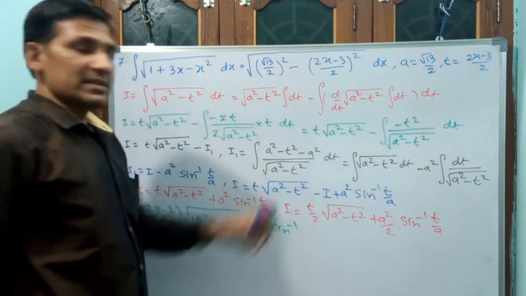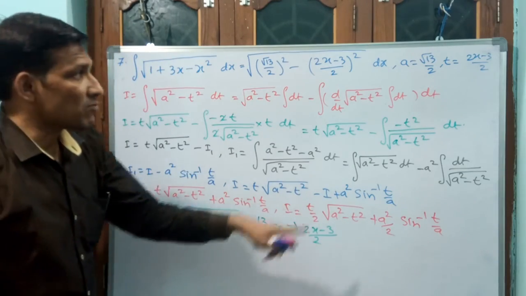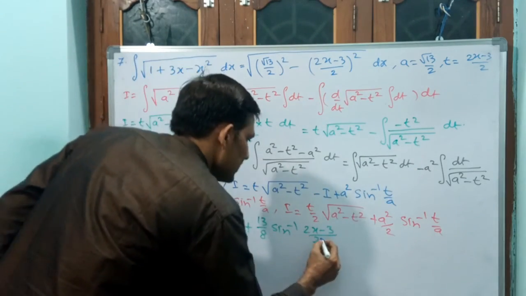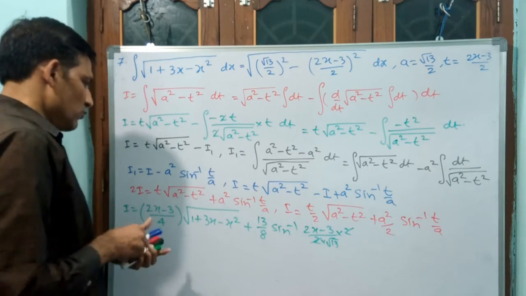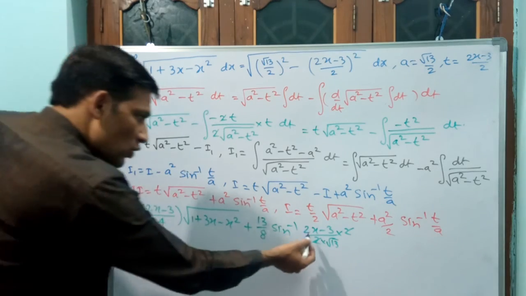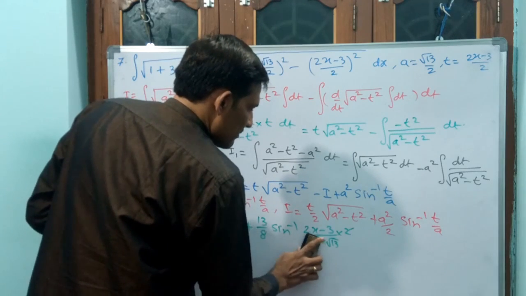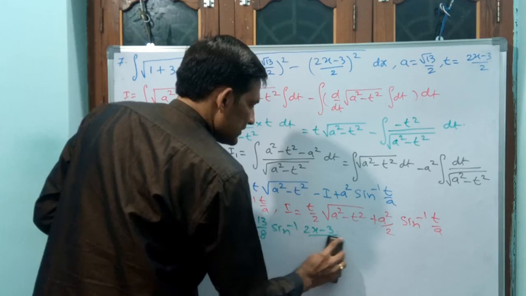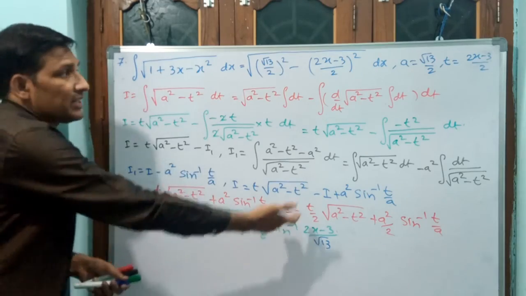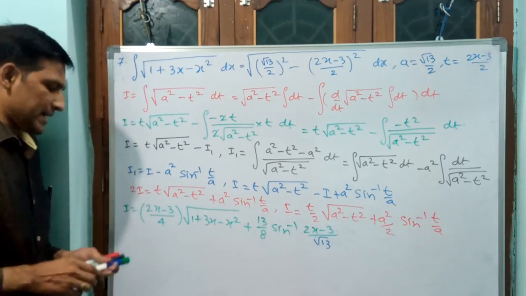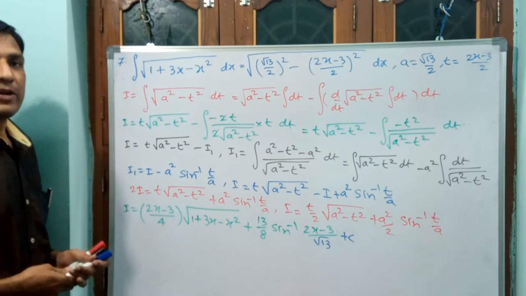T means what? Again 2x minus 3 by 2 divided by a. A means what? Root 13 divided by 2. 2 is going to get cancelled. Into root 13 into 2. 2 is going to get cancelled. Okay? Plus, you see we can write, but let me finalize this. You see here 2x minus 3 by root 13 will come. Or shall I remove this 2 and 2? Why? Because I want to write once for all the answer here. 2x minus 3 by root 13. Why? Because this 3, that 2, this 2, both are going to get cancelled. Now you can write plus C. Okay? This will be the final answer for your question number 7.